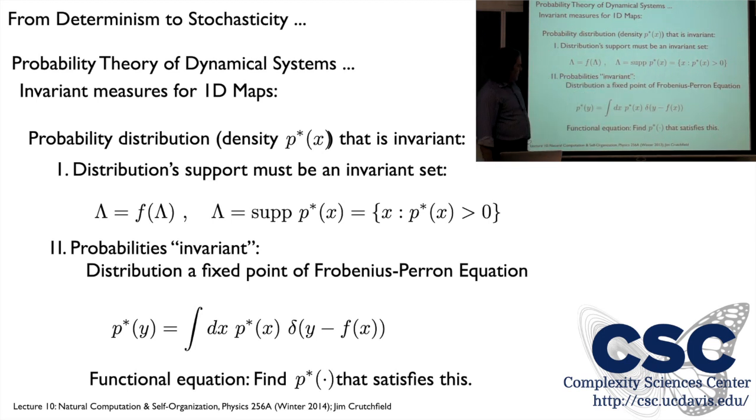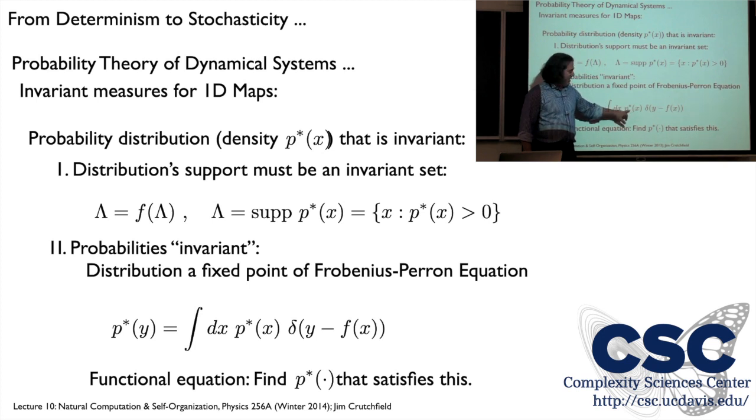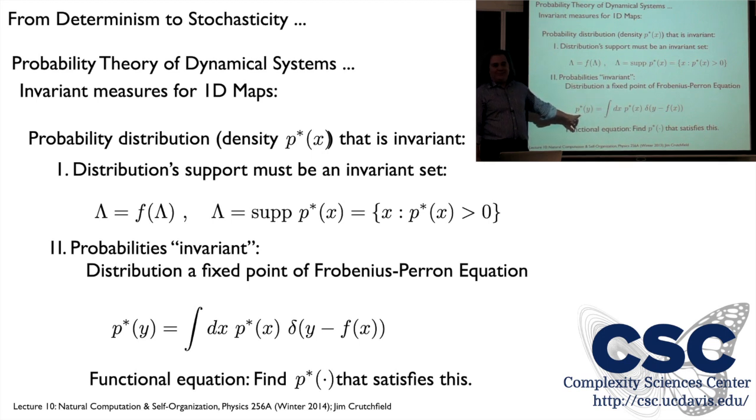Now, more subtly, the probabilities are also invariant. They map into themselves, and we're going to use the Perron-Frobenius operator to define that. Before, we were using it to iterate forward, and it was, in a sense, a dynamical system on distributions. Well, here's the analog of a fixed point for that operator. We're looking for P stars such that when we plug it in to the Perron-Frobenius, it pops back out again. So this at least is a formal specification. It gives you some constraints of how you might search for such P stars. Or maybe if you guess one, then you could verify using this that it was one of these invariant measures.